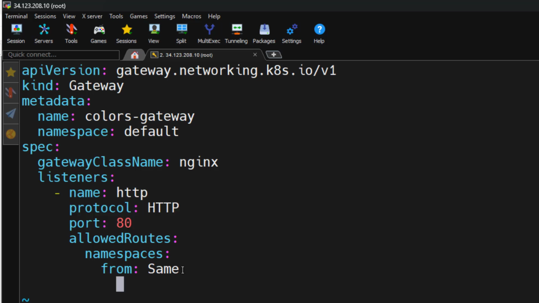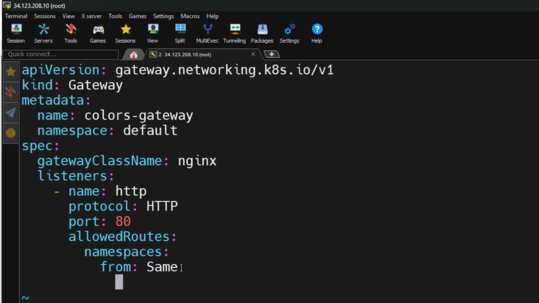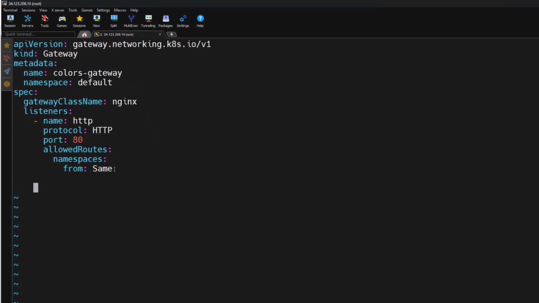Similar to the HTTP, I need to add a block for the HTTPS. At the same level as the name, I need to add an entry for the HTTPS. So I'm giving the name HTTPS here and specifying the protocol, that is HTTPS, and then I need to specify the port for the HTTPS request. That is 443. Now the TLS configuration. It starts with a keyword called TLS, and specifying the mode, that is terminate,